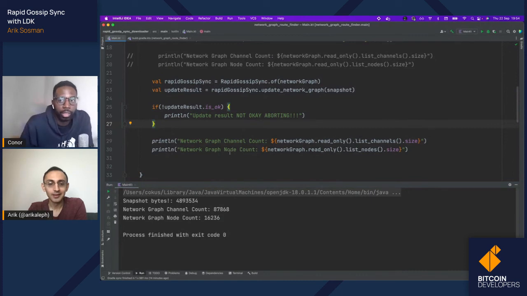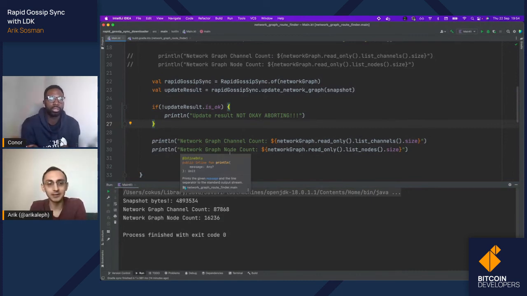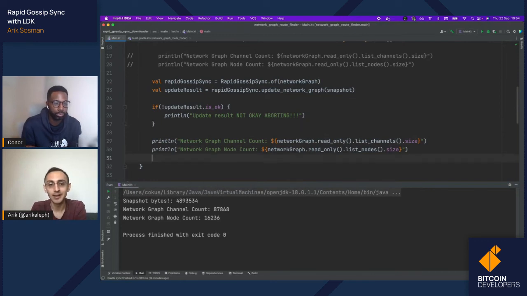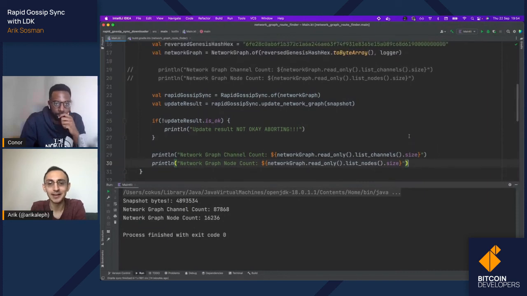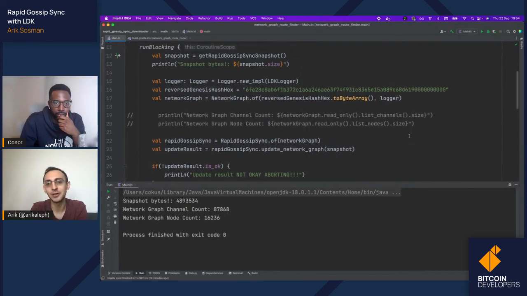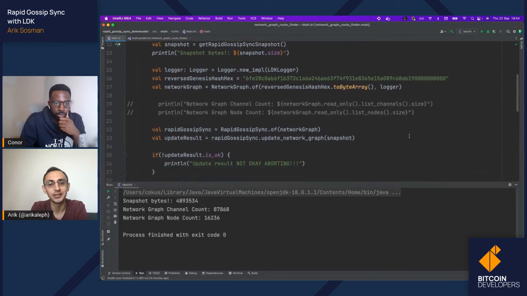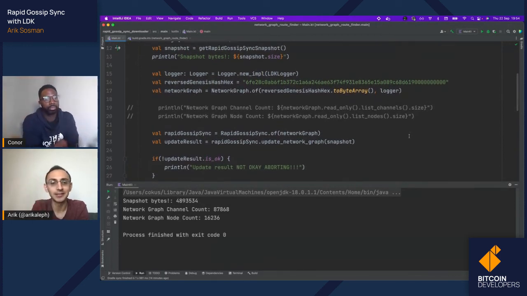Exactly. But that is met, because we have been able to download the snapshot and we have applied it, and all of a sudden, within seconds, we got so much data out of this thing. I think anybody watching this, if you look how many lines of code we ended up using, it's like it's freaking nothing, and we're already there. Now we have a fully functional network graph that we could find paths with.